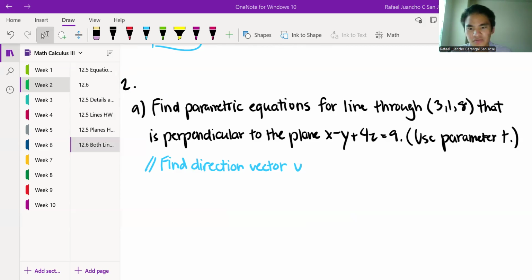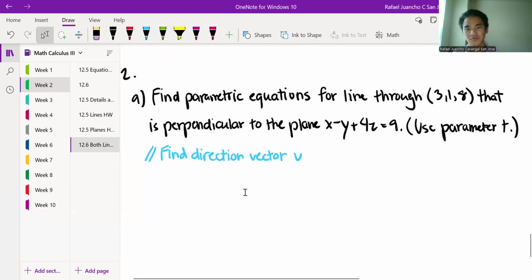Yeah, you want to get the normal vector. Since this, oh, actually,